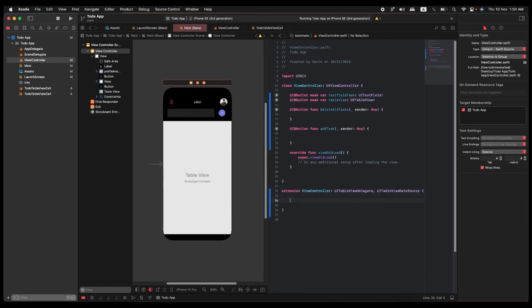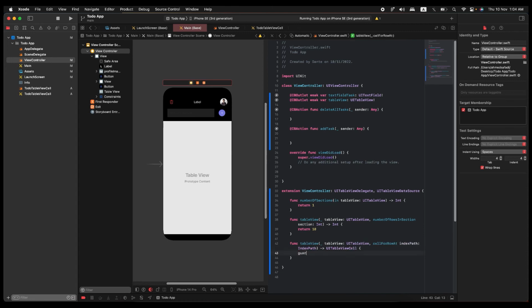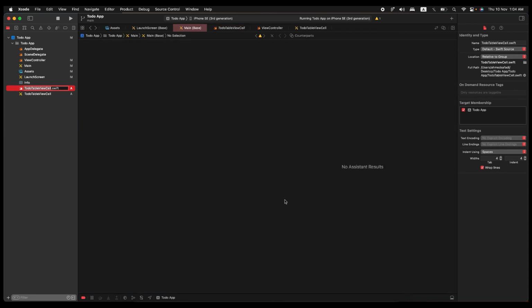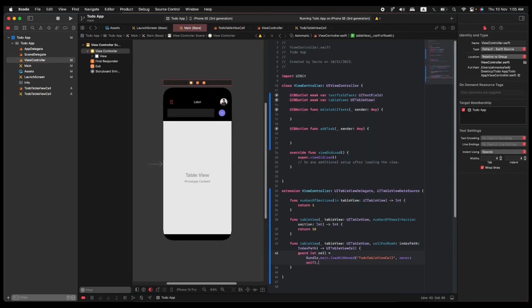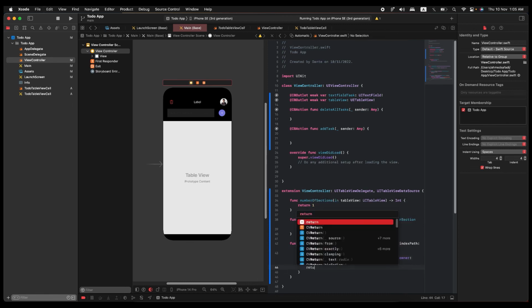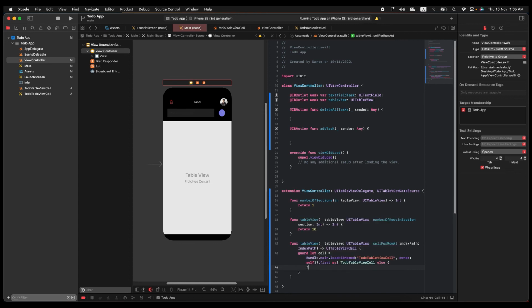We will have number of sections, return 1, number of rows, return 10 for example, cell for row, guard let cell is equal to Bundle.main.loadNibNamed table view cell. The owner will be self, dot first as the name of the class, else return, or you can say fatal error maybe,